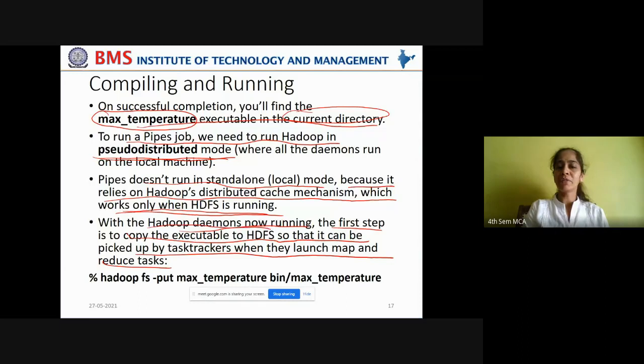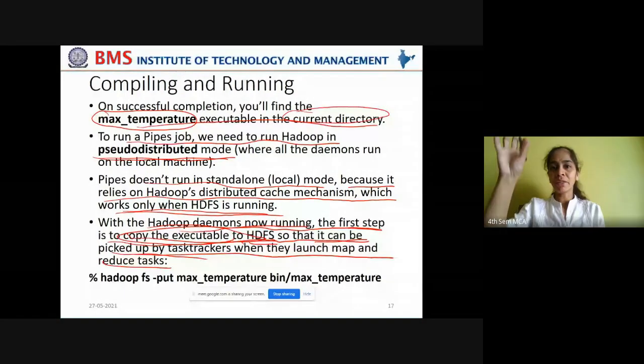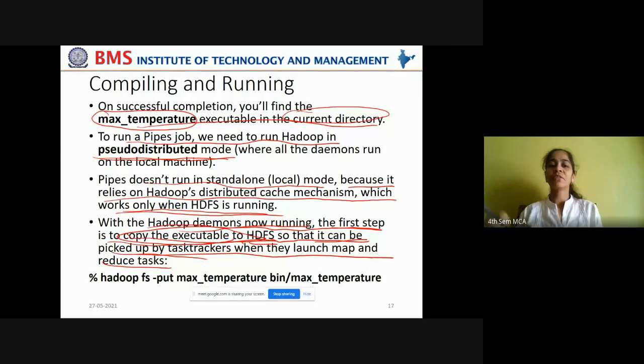With the Hadoop daemons now running, the first step is to copy the max temperature.exe file to HDFS, onto HDFS cluster so that it can be picked up by the task trackers. There the Java archive file is picked up by the task trackers. Here, the executable file is picked up by the task trackers when they launch, map, and reduce tasks.